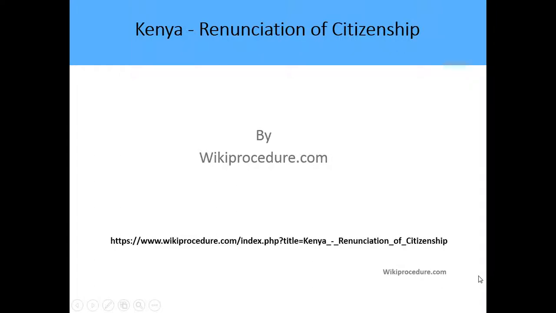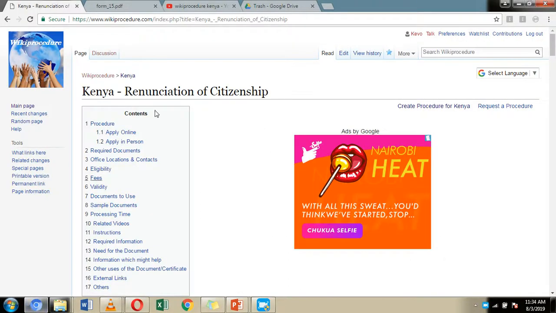Hello, welcome to another wiki procedure, and today we are going to look at how you can perform a renunciation of citizenship in Kenya. Down here below, we have given you a link which is going to direct you to our wiki procedure website page, where we have given you more information on how you can go about the application